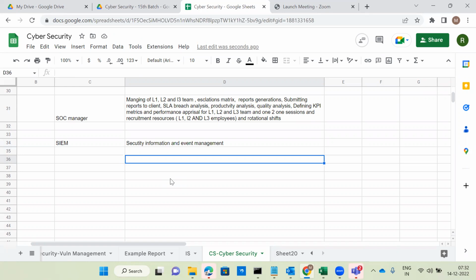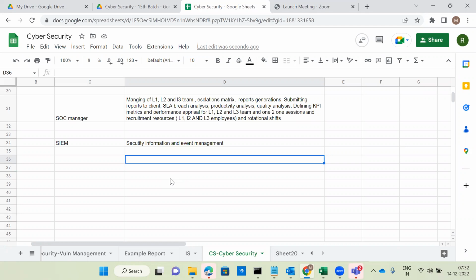This one will be published based on who is the leader position in the market, who is the challenger position, who are the niche players, and who is the visionary position. Gartner will conduct the survey, and finally they will conclude.